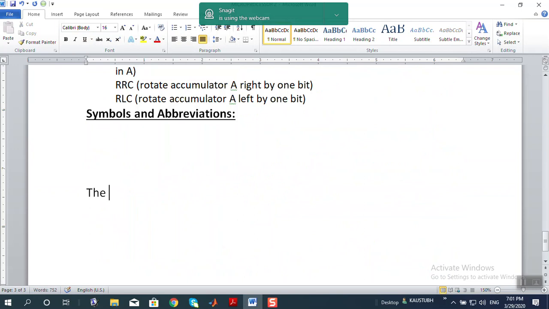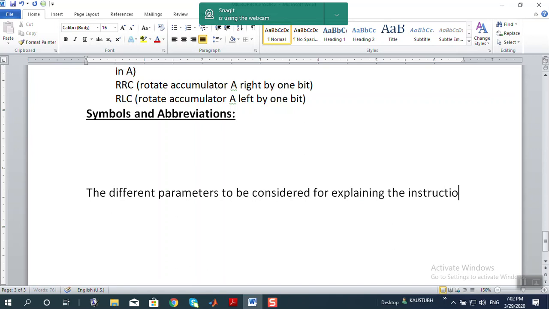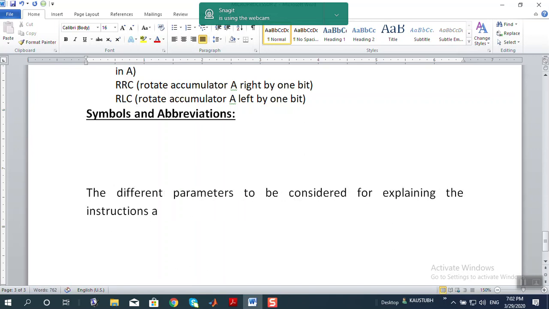The different parameters to be considered for explaining the instruction are: